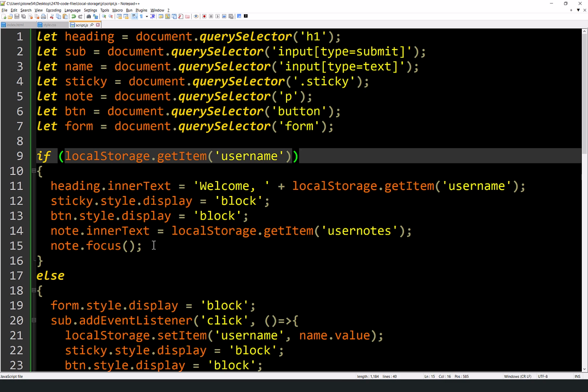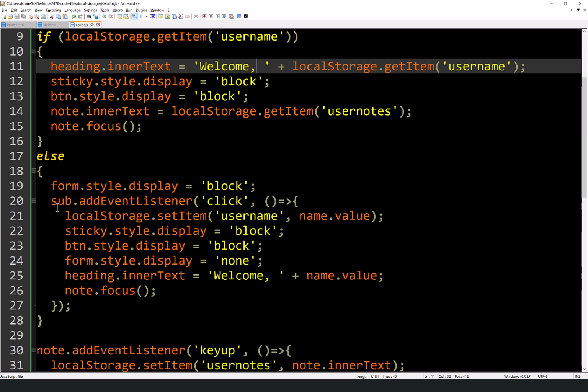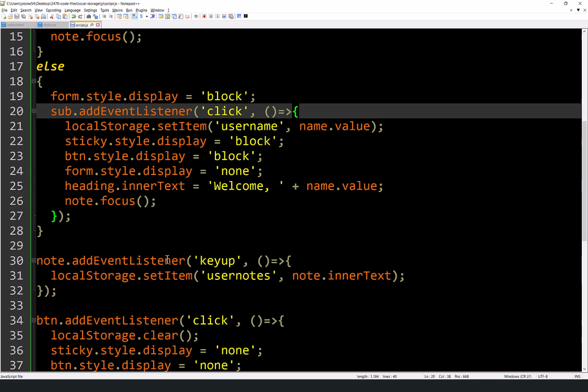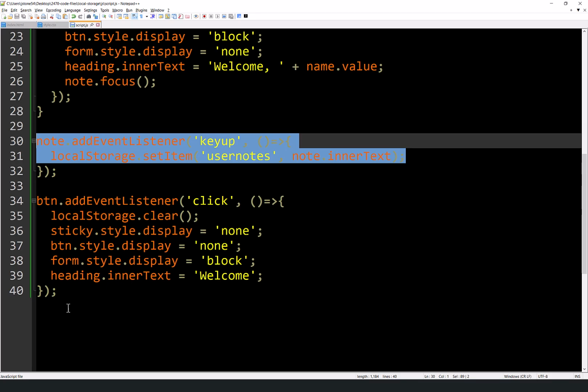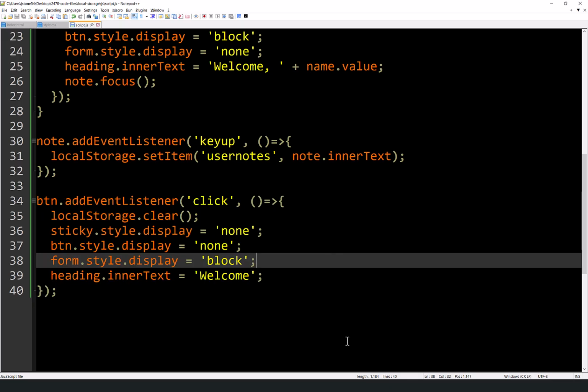And if there is, we go get it and we display it. If there's not, okay, well then we add a click handler and wait for them to fill out the form that we started displaying. Once all that's done, we create a click handler for when they type stuff into the note field, which is just the paragraph. And we add an event handler to the reset button. When they reset, we just clear out local storage.